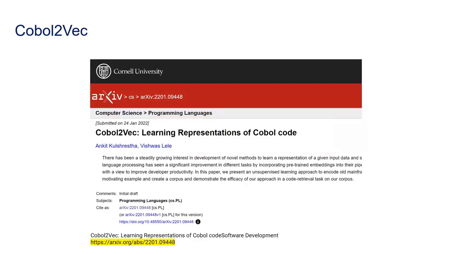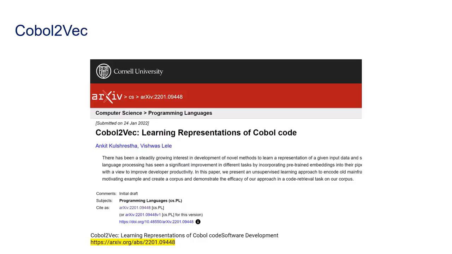And the idea here was that if you look at these large language models, they do a good job of translating from one language to another. But given the scarcity of open source code that is available for COBOL, it was really hard to train a language model with large repositories of COBOL code. So we focused on this idea of, can we work on a small language model, which could take perhaps 1 million lines of COBOL code that was available to us, and try to make sense of this code.